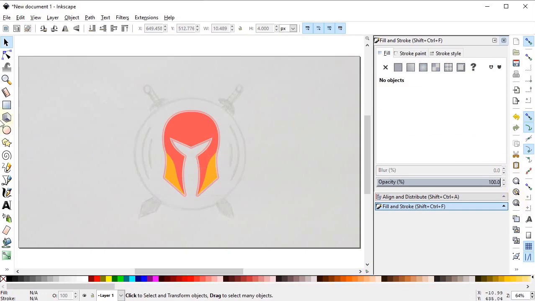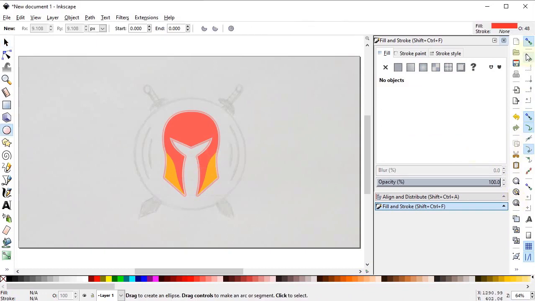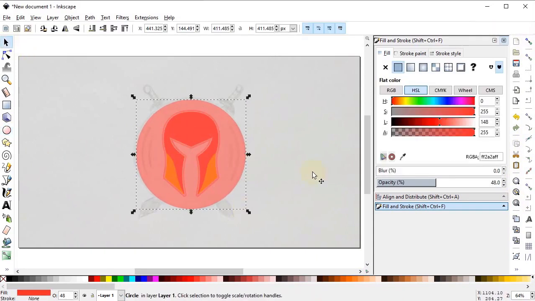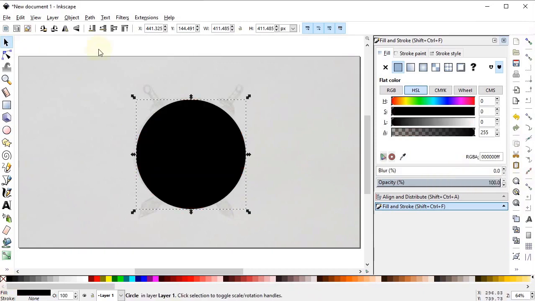Select the circle tool and draw a circle. Turn off the snapping and draw a circle like this. Increase its opacity to 100% and give it a black color like this and place it behind our main object